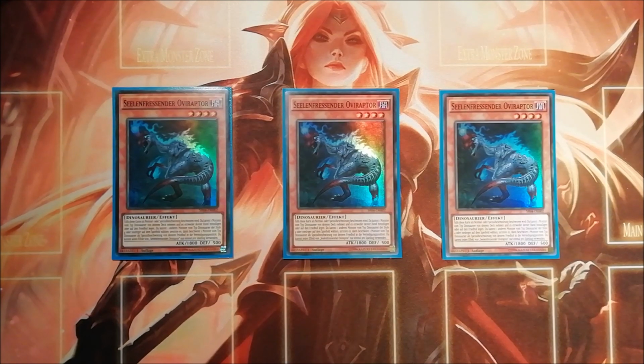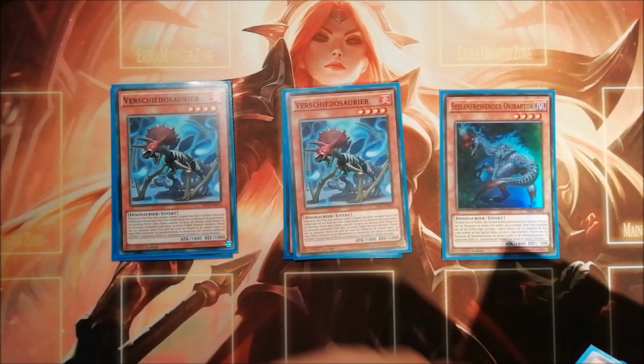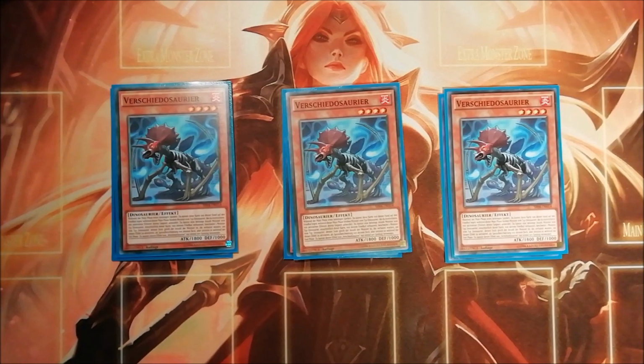All right, yeah, we are playing obviously 3 Oviraptor, one of the best dinos that ever got released, and it's the heart and soul of the deck. Then 3 Miscellaneousaurus, yeah, we can finally play them at 3. It got released last year in the event list, so I was really happy when that happened, and since then I tried to make a good dinosaur deck,